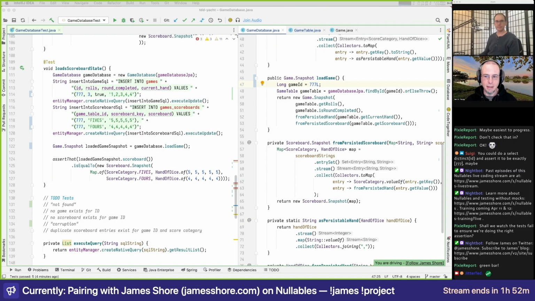All right, we're back. So we're factoring to extract some of these constants. Now, how do you feel about the test having its own constants versus using the constants in the production code?